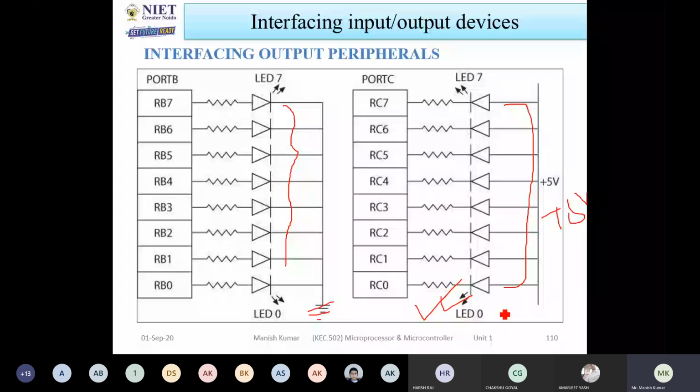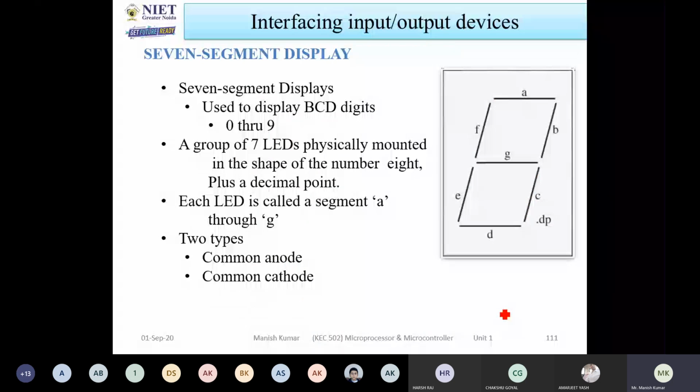The same thing happens with the 7-segment display. All of you know that, but just for reference I have put it in the slides. In the 7-segment display, there are segments A, B, C, D, E, F, G, and one more for the decimal point. These are different sections, and different LEDs are there. With a combination of zeros and ones, you can glow particular segments. So with the help of these devices, you can display any value from 0 to 9.